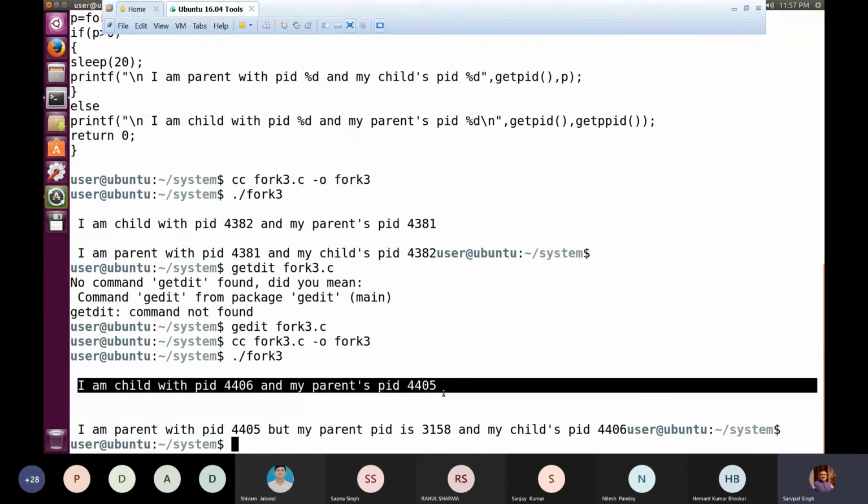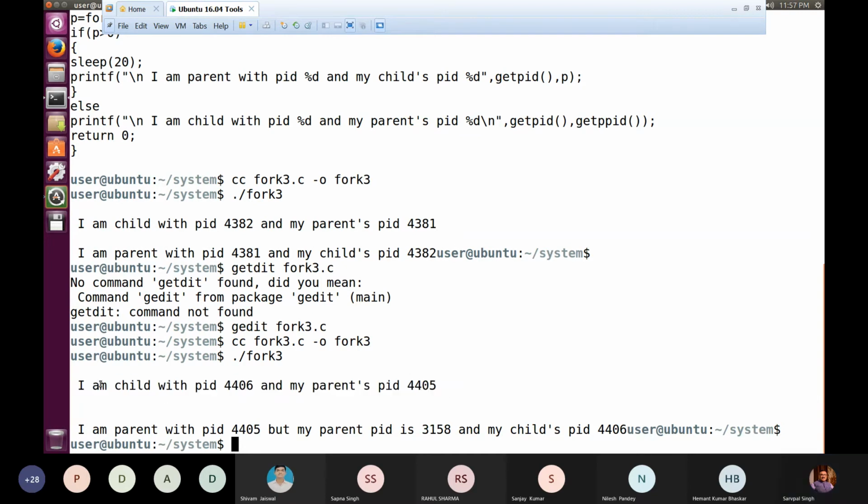Actually, this number is dynamically assigned. Whenever we execute any process, a particular PID is assigned, and that is a dynamic number. It's similar to what happens with IP addresses. If we have logical IPs, whenever you connect your terminal, because of DHCP, every time you get a different IP. The same thing is true here too: we get a different PID every time we run the program. It may be merely a coincidence that in both executions you get the same PID, but a PID is not permanently assigned. They are created dynamically.